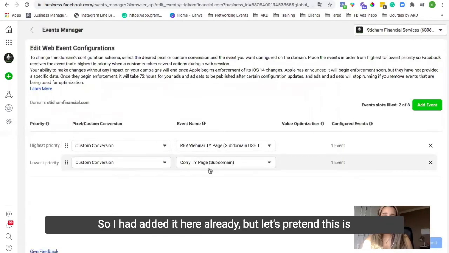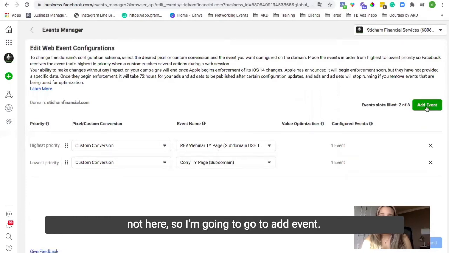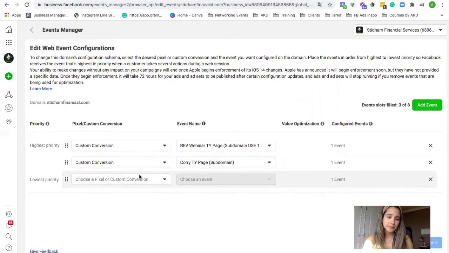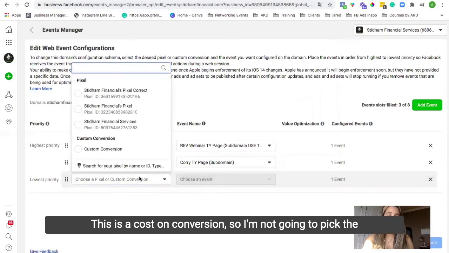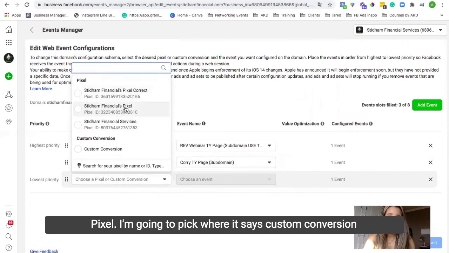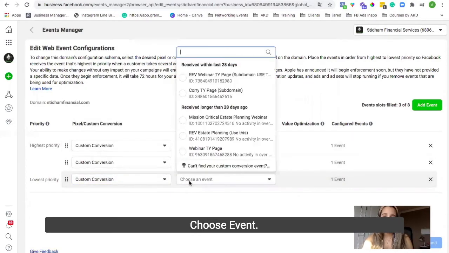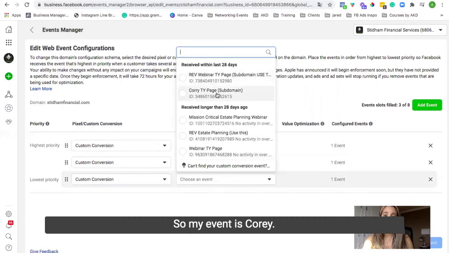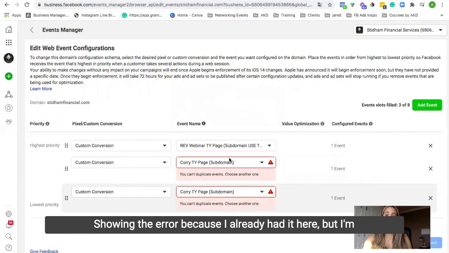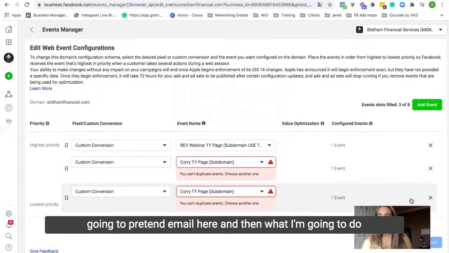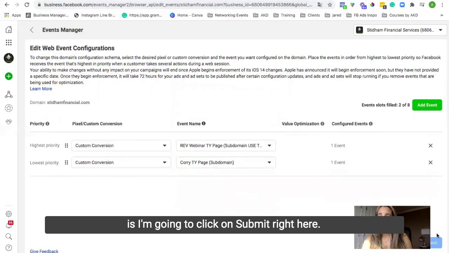So I had added it here already, but let's pretend this is not here. So I'm gonna go to add event. This is a custom conversion, so I'm not gonna pick the pixel. I'm gonna pick where it says custom conversion, right? Choose event. So my event is Corey thank you page subdomain, right? It's showing me error because I already had it here, but I'm gonna pretend it's not here. So, and then what I'm gonna do is I'm gonna click on submit